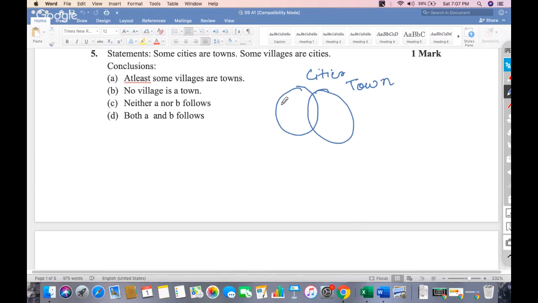Try to understand, this condition can be, so I can draw villages here. So at least, or I can draw something like this. So this is the first condition, and